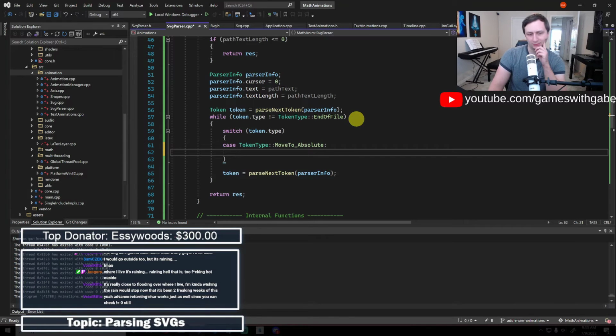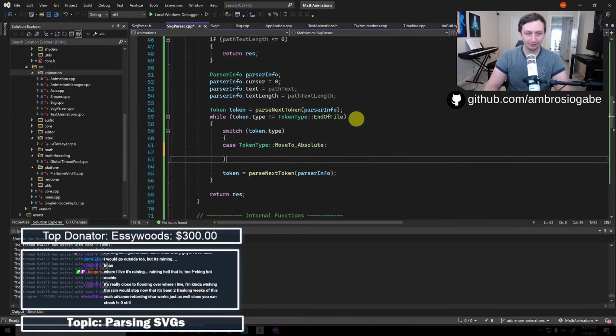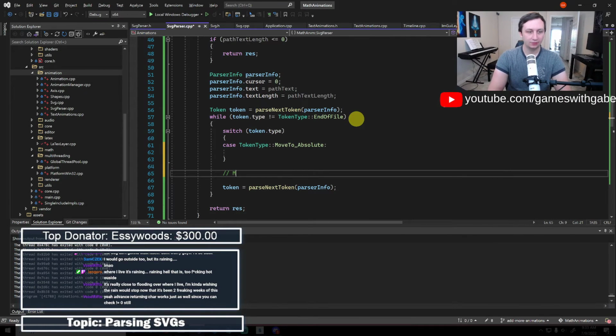Oh no, this isn't gonna work quite right. So what I'm thinking of right now is basically if we just parse the tokens on demand, what's going to happen is I'm going to hit move a number.